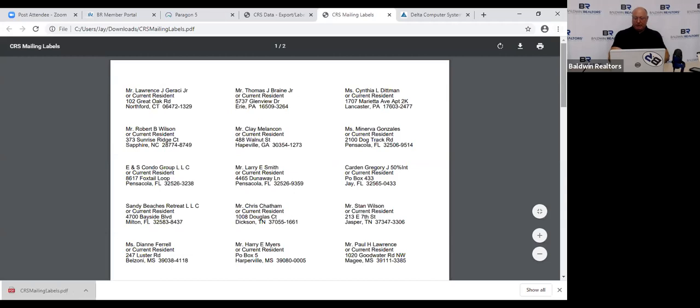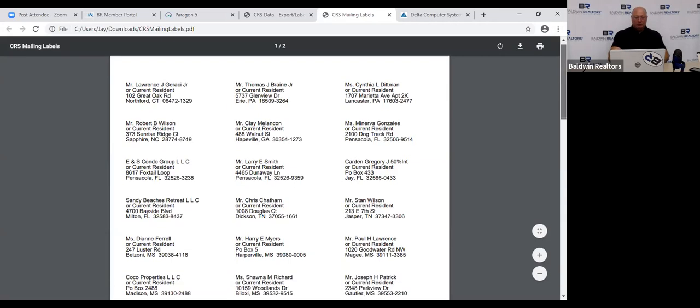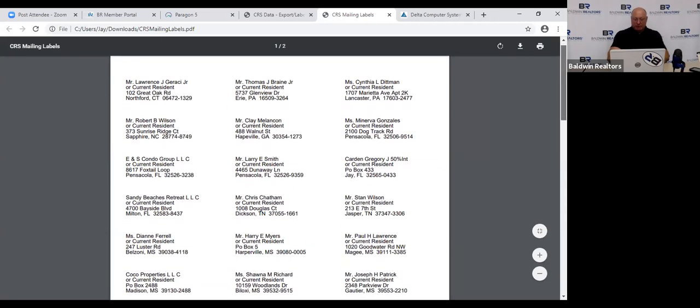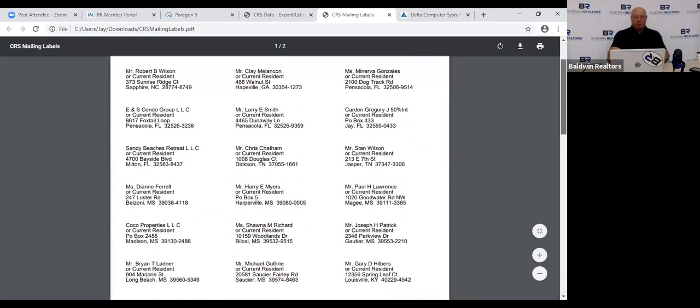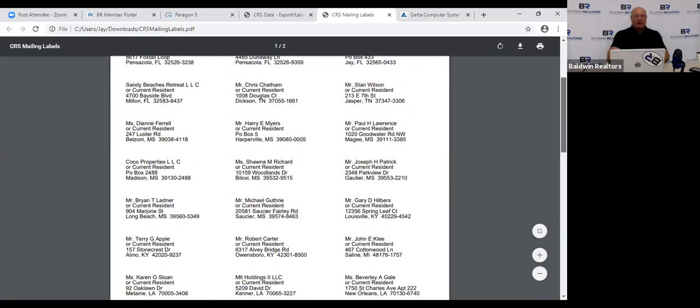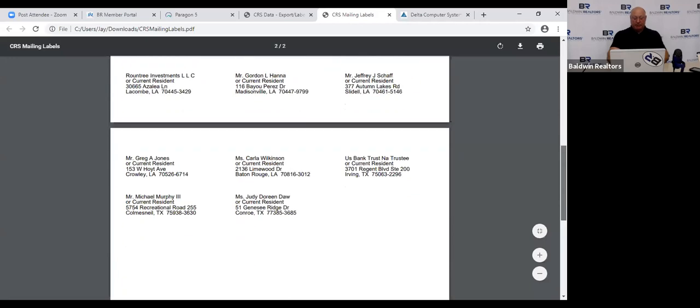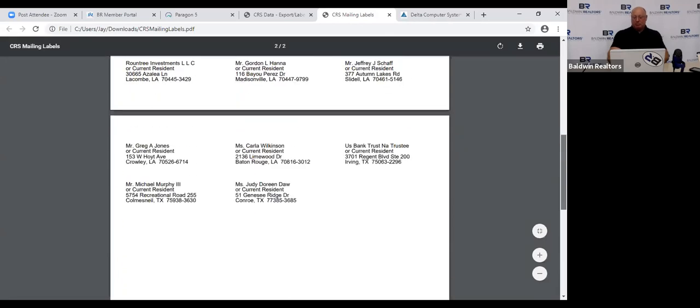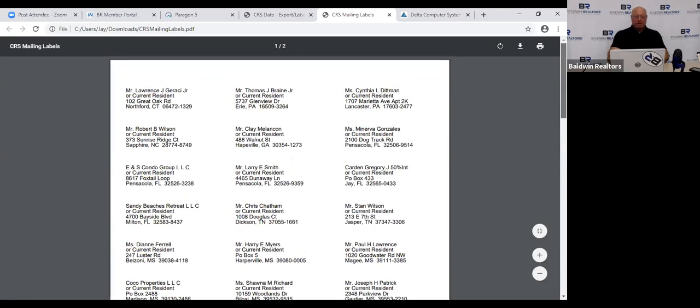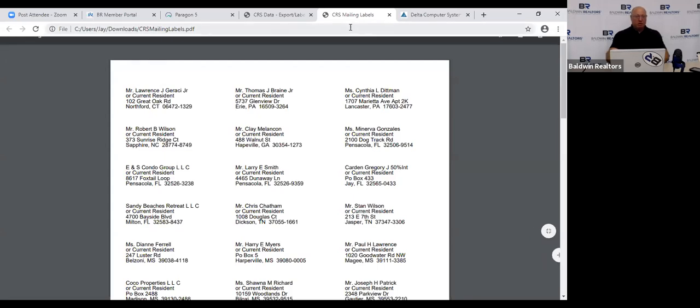All right. 1 of 2 pages. I've got all Mr. and Mrs. or current resident of the owners of Grand Caribbean that are out of state absentee owners right there. Okay. So what do you guys think about that? Hopefully that is a good tool to reach out, hopefully create some new potential business in the future after this